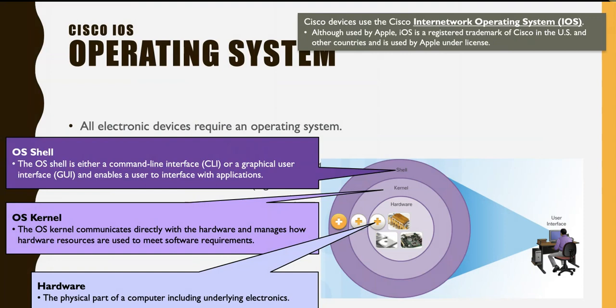All right. So first and most important question is, what exactly is an operating system? I'm not going to go into lengthy talking about an operating system. You have used other operating systems. You use the Windows operating system, probably use Linux, and other operating systems. So the Cisco operating system really is no different than other operating systems that you find in